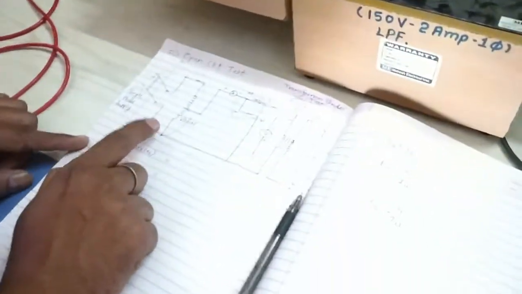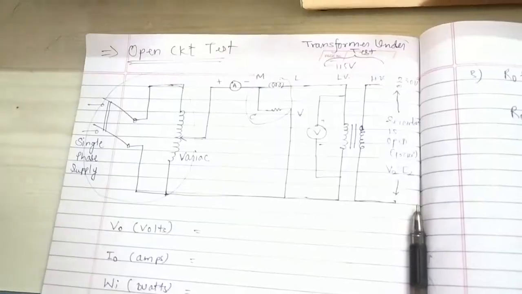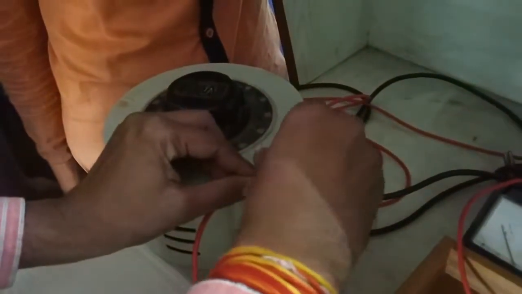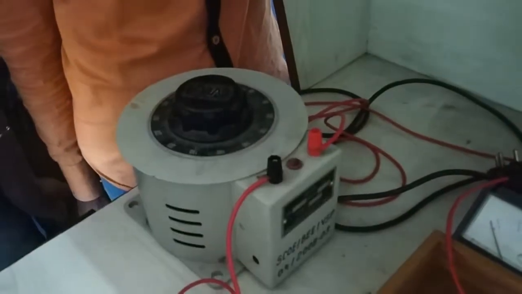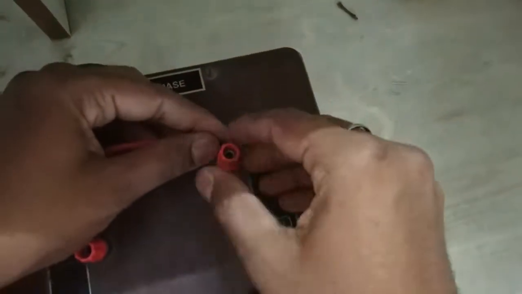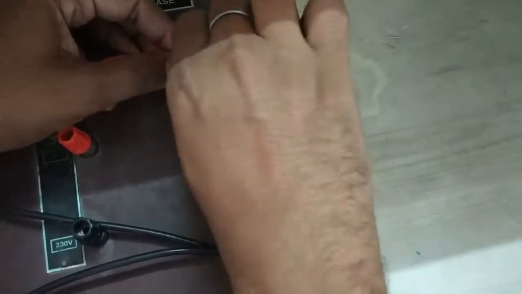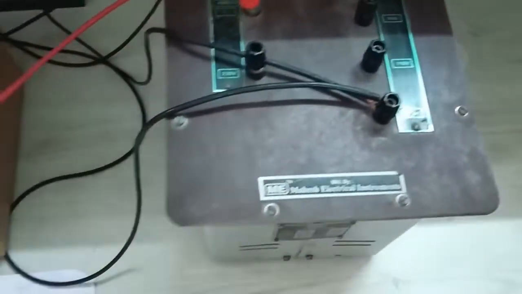Now one connection is remaining. This variac negative, that is ground, is connected to the negative of the transformer. So I will connect this wire, negative of variac, to the negative of transformer. So this negative of transformer is this one. Here this is red, but it is negative. Okay friends, and this is the black, but this is the positive here. So okay, this is our complete connection.